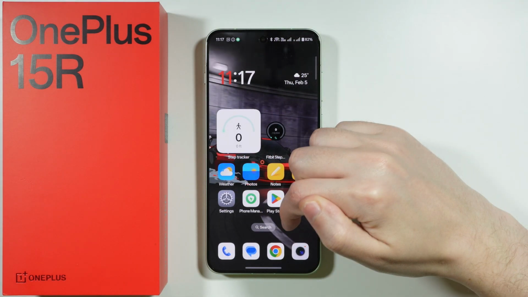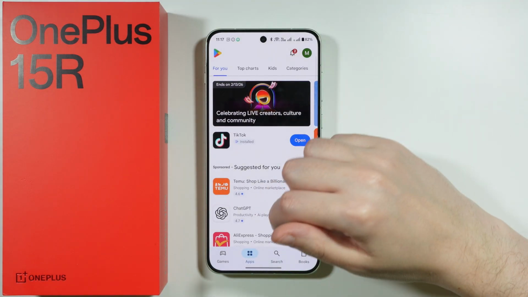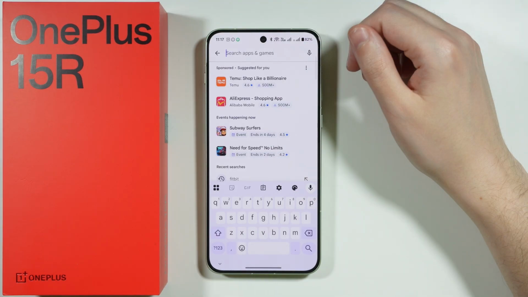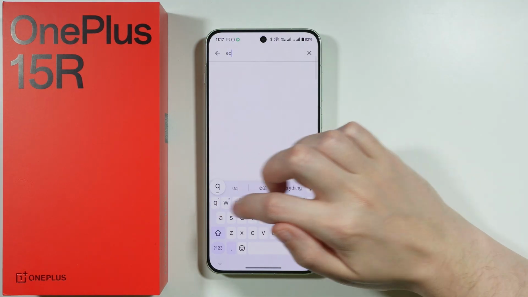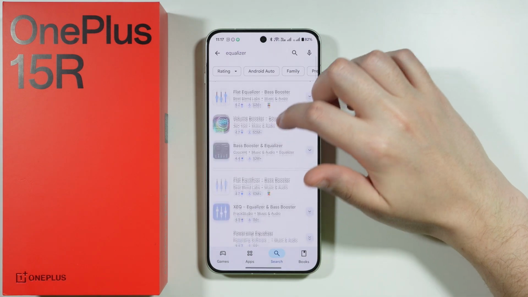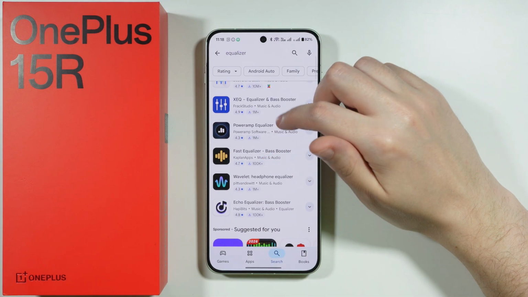So if you want to actually get sound EQ, you just have to go to the Play Store and we need to download an app that allows us to change EQ. So we can just search for something like Equalizer or something like that. And you should be able to find many different apps that of course should allow you to adjust the EQ